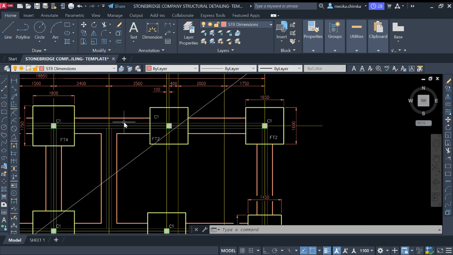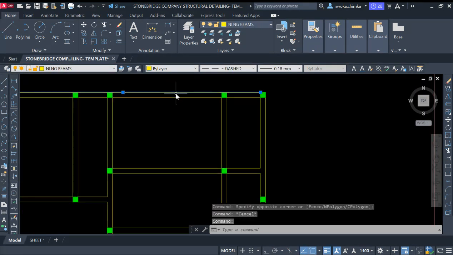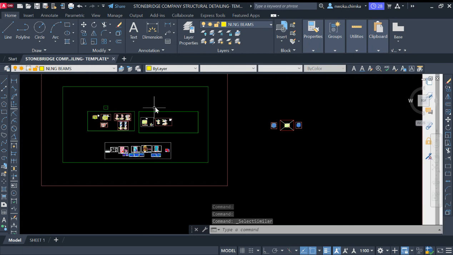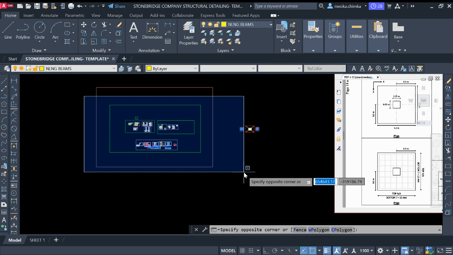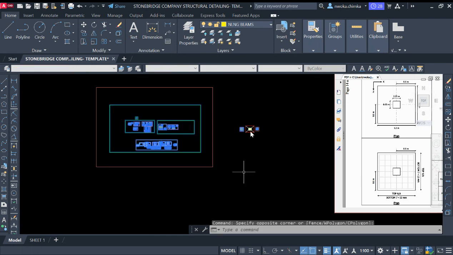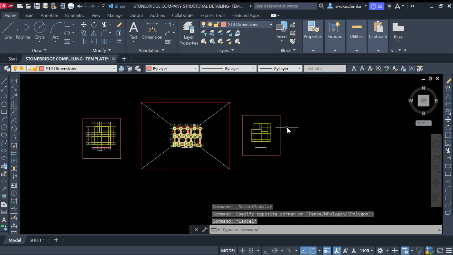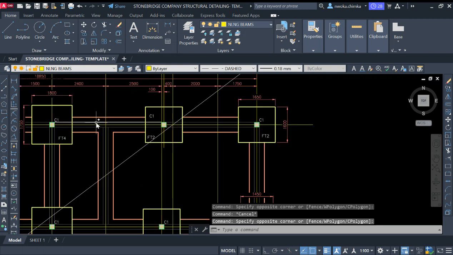So right now I'll just check the layer for this. The layer for this is called STB, which means Stonebridge Hidden Detail. I'll click on this, right click, and then select similar. Once I select similar, be careful because you already have other similar things here. So I'll hold my shift and deselect this area. Or the easy way to do it again is just to click on this, since you already know that you want to change this layer to this layer name called